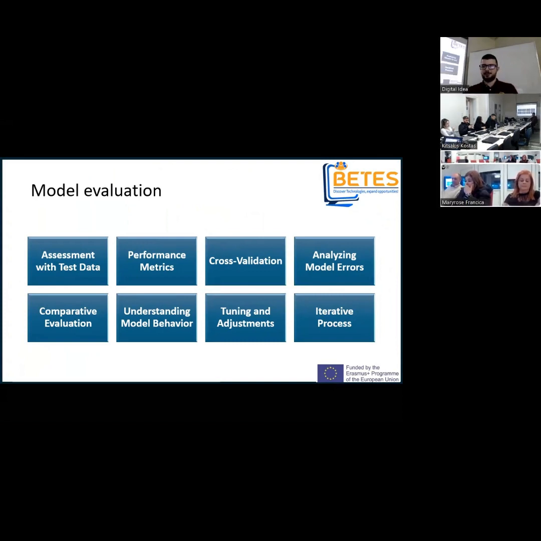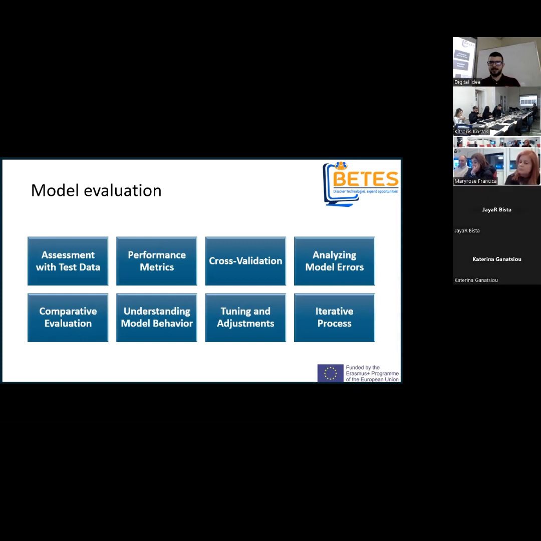We analyze the errors introduced by the model. We use comparative evaluation. So we compare different models with each other and evaluate them this way. We understand what the model behavior is, which you can adjust based on the evaluation results.